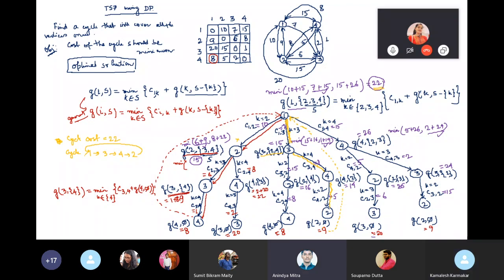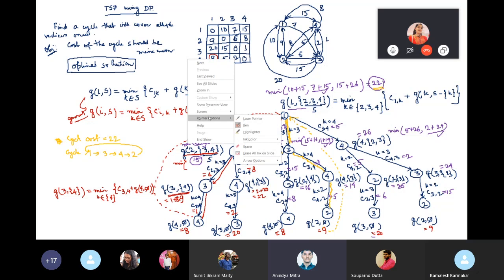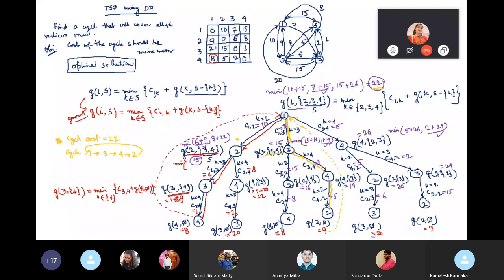Okay. Now what will be the complexity of this algorithm? So if we consider this, then the complexity of this algorithm is basically big O of E into V. Let's check. Is it big O of E into V or not?